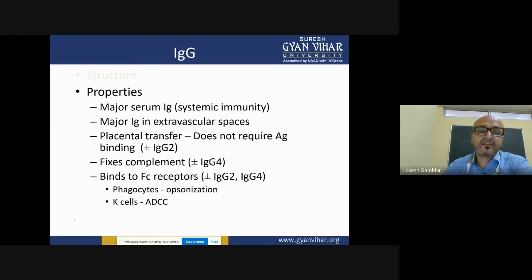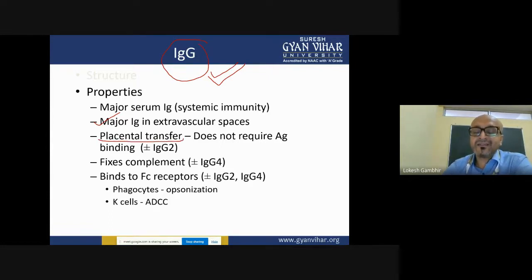Now, among the properties, this is the major immunoglobulin. IgG is the major immunoglobulin of your serum, which is responsible for providing immunity across the body, systemic immunity, and it is a major immunoglobulin in the extravascular spaces as well. Now, in terms of placenta transfer,